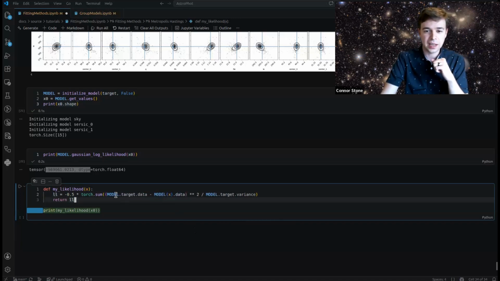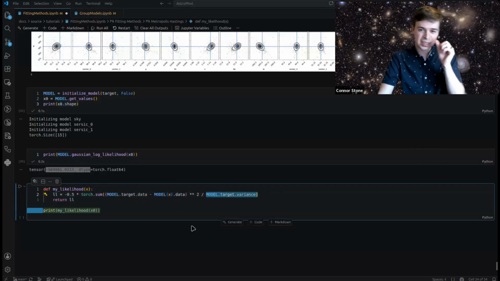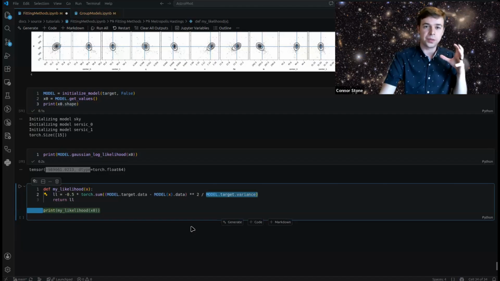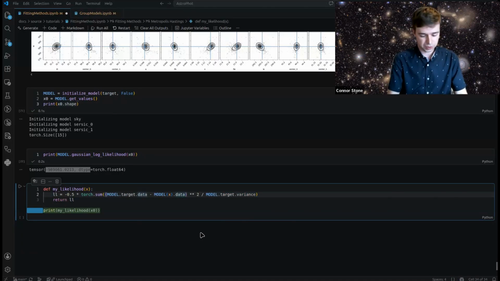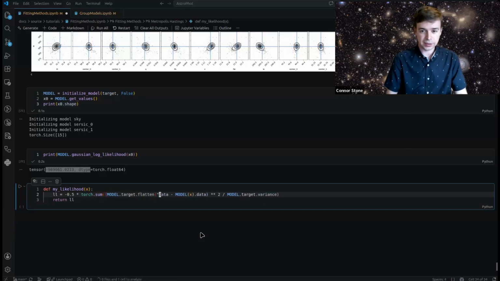We just grab that data, and now this is our residuals squared. That's the variance, and we're ready to go. The actual way that AstroPhot goes about this is a little more robust. And so just to show you what you really should do under best practices, you would do flatten data